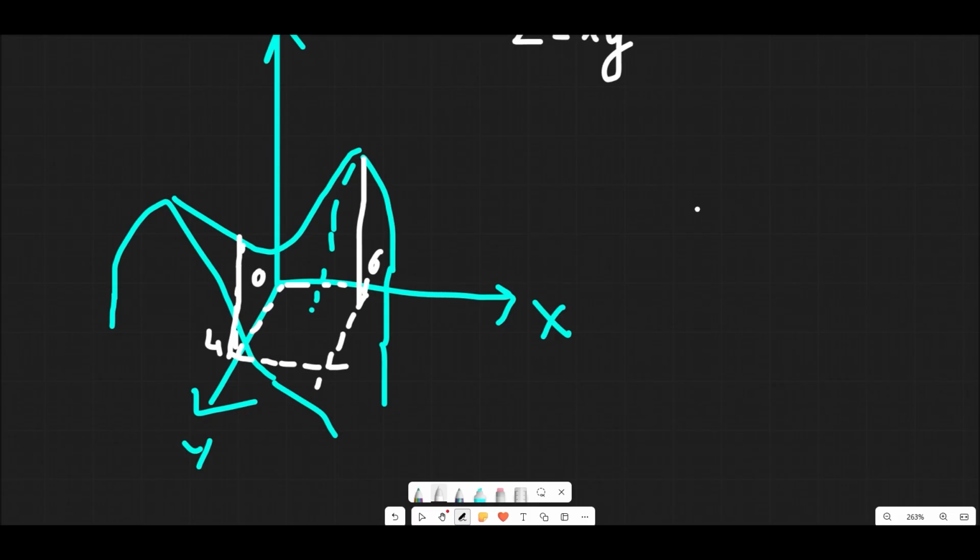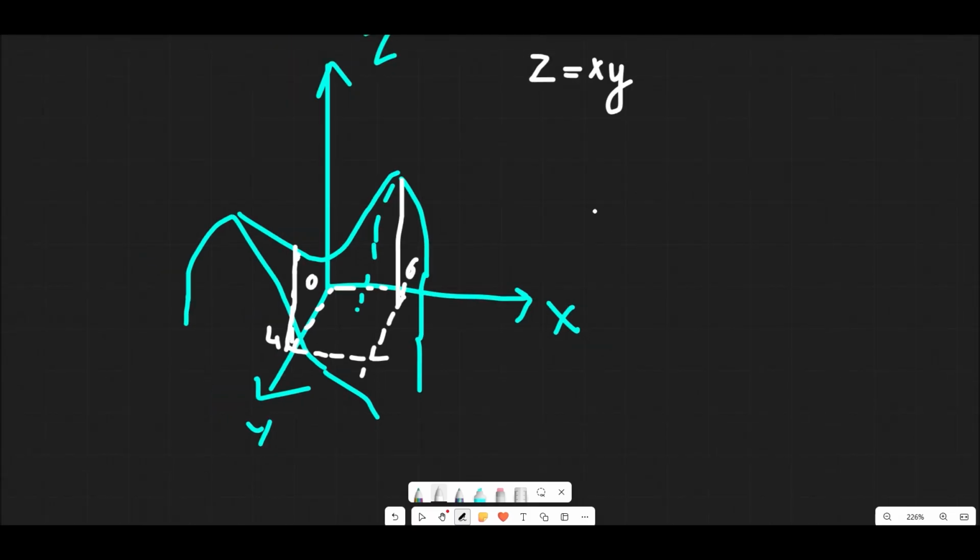As we have been given the number of intervals, we will divide this x-axis and this y-axis into the number of intervals we have been given. For the x-axis, n is equal to 3, and for the y-axis, n is equal to 2. On the x-axis, we will draw 3 equal partitions from 0 to 6, and from 0 to 4 on the y-axis, we will divide this region into two intervals.